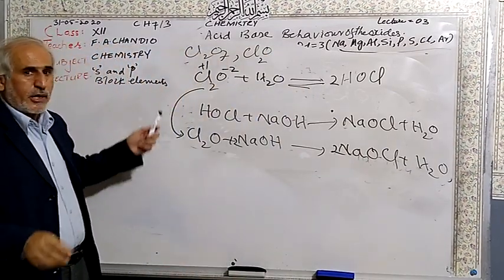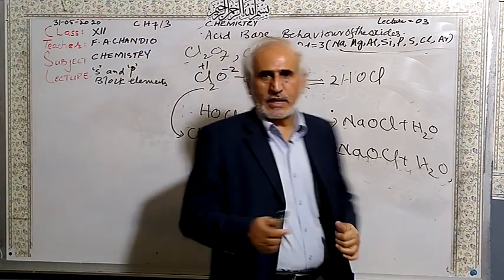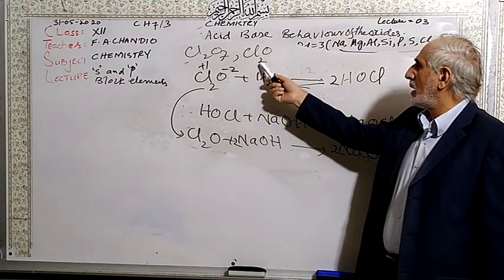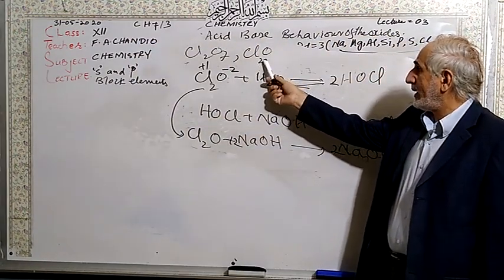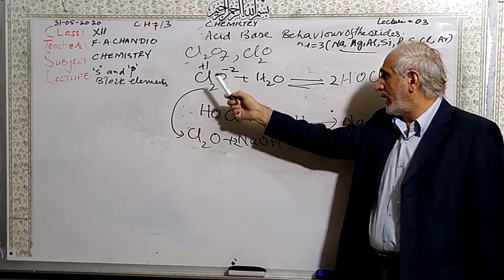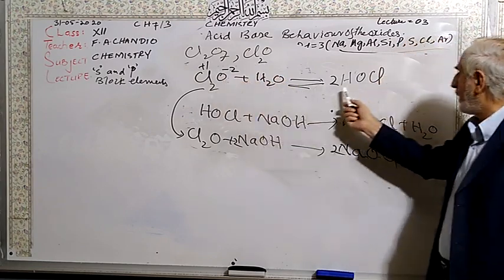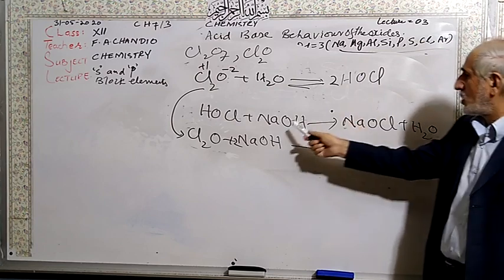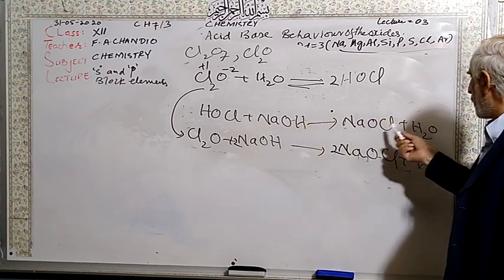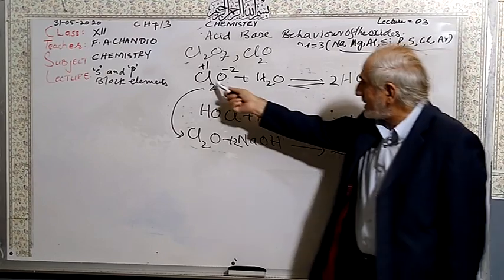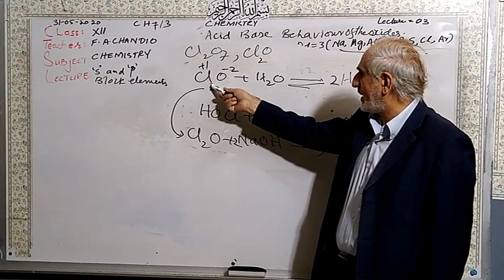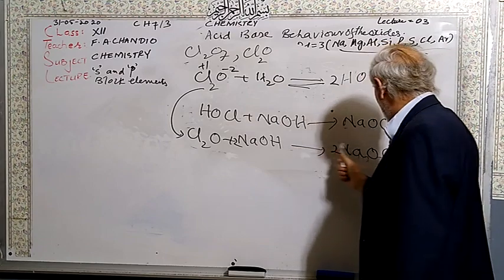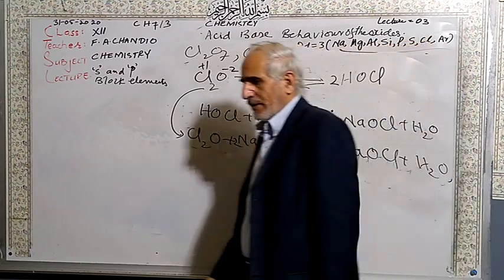So, dear students, you can see that this is chlorine(I) oxide. The oxidation number is +1 here. It dissolves in water to give hypochlorous acid, which is an acid. So it reacts with base to give sodium hypochlorite, a salt, and water. This confirms that it is acidic in nature, so it reacts with base to give a salt and